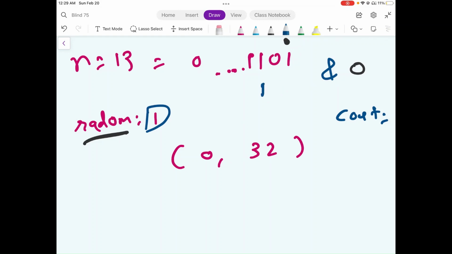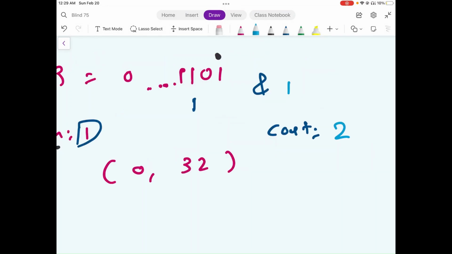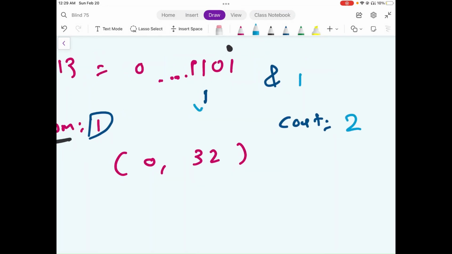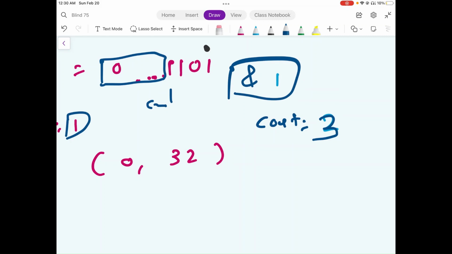And again we would do an AND operation. The value we would get is 1, which means we need to update our counter. So counter becomes 2. And again we would shift our element. We do an AND operation again, the value still remains 1, so we update our counter again, and we update the counter to 3, and then we would subsequently shift the value of this random character 1 bit to the left. And now notice that all the remaining bits are 0, so the AND operation will always equal 0,